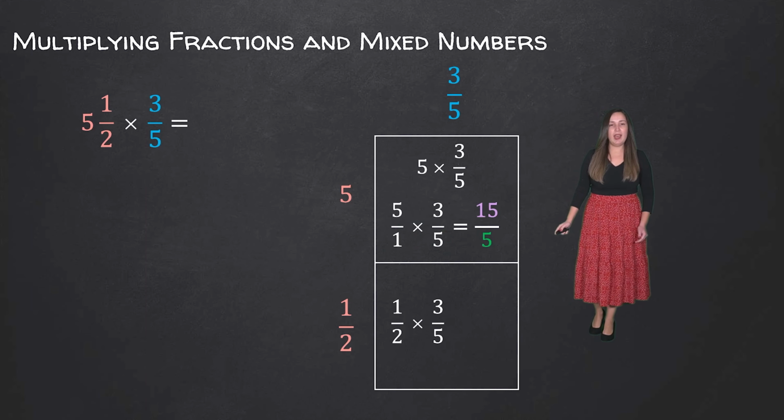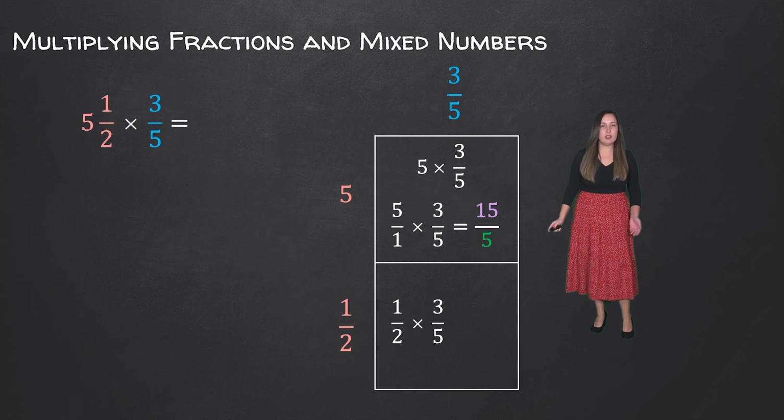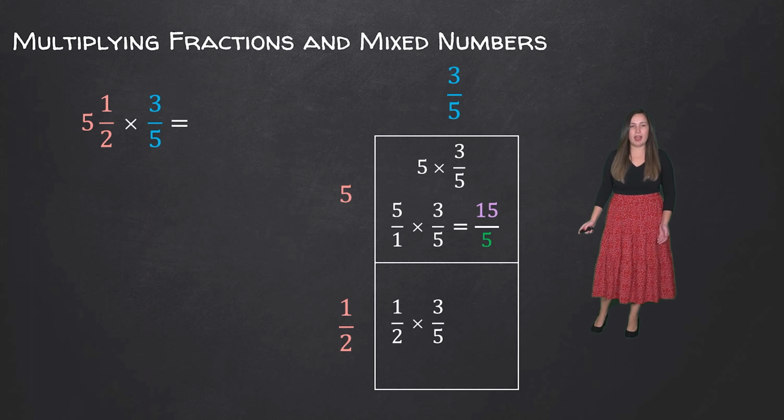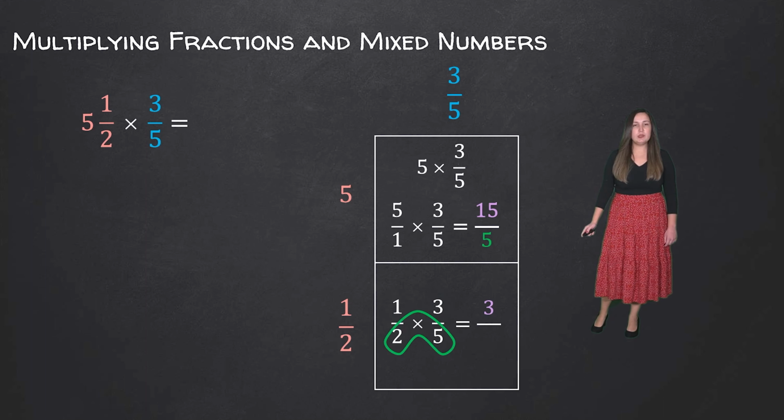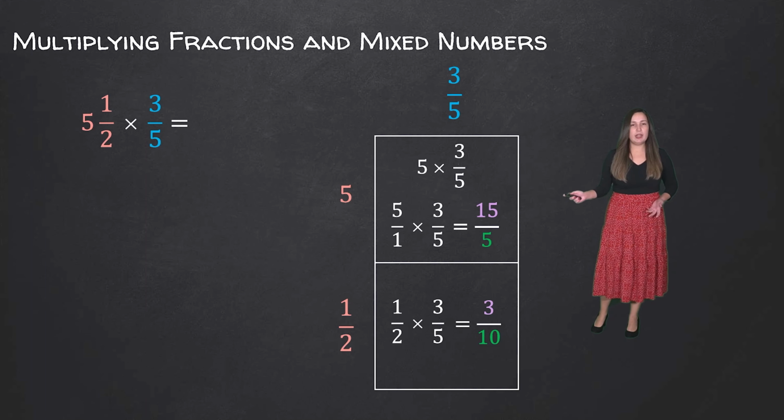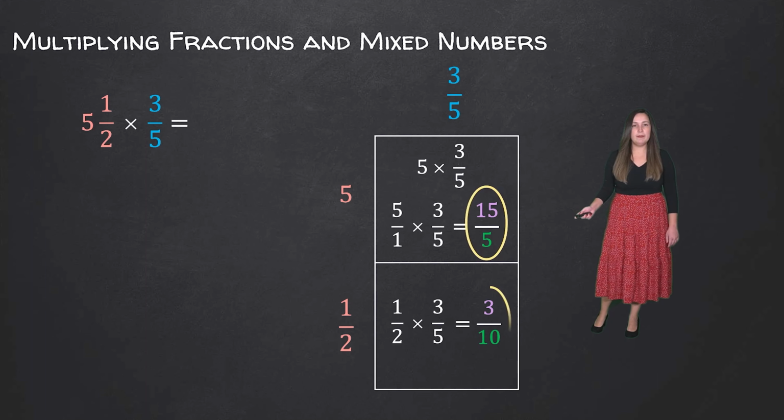Then we could go ahead and multiply our fractions. So 1 over 2 times 3 over 5. We're going to go ahead and multiply our numerators. 1 times 3 is equal to 3. And then 2 times 5 is equal to 10. And now that we got our answers for both our boxes, we're going to go ahead and circle them and